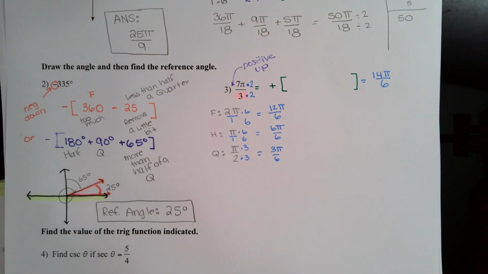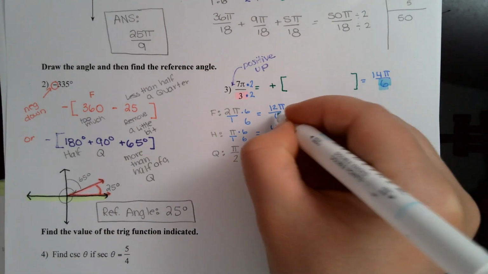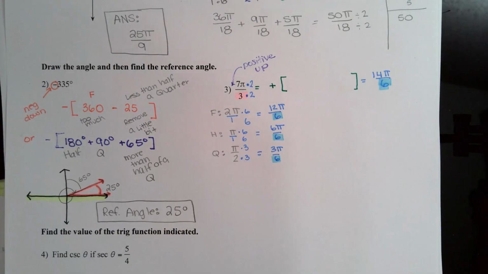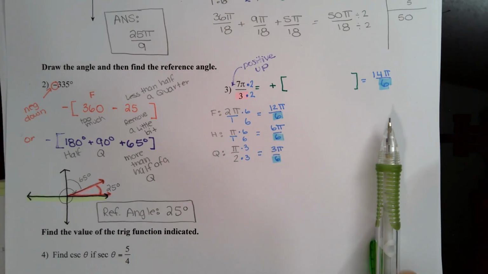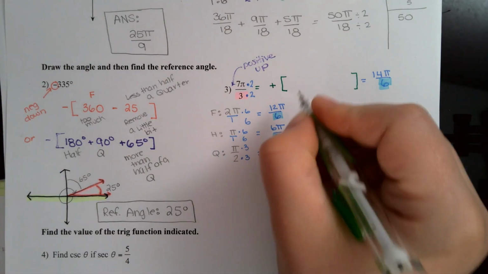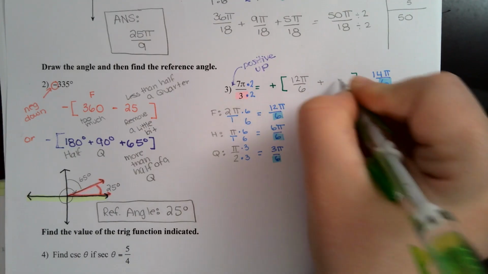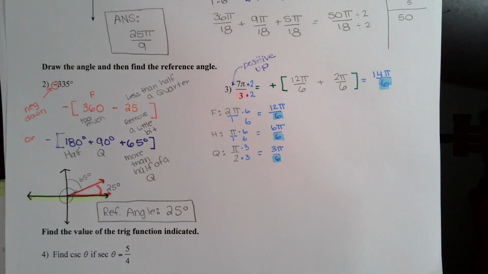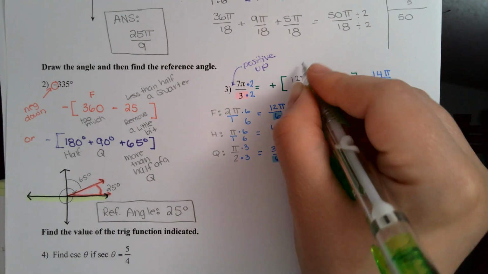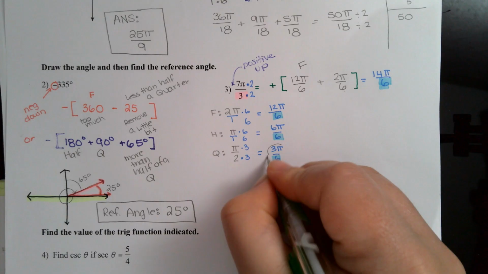Now that we have common denominators, again, we're changing our original because we need common denominators. We can now use these values right here to add up to 14. So immediately my eyes go to 12. 12 pi over 6 plus 2 pi over 6 gives me 14 pi over 6. Now what is 12 pi over 6? 12 pi over 6 is a full cycle. What about 2 pi over 6? If I take a look at my quarter,